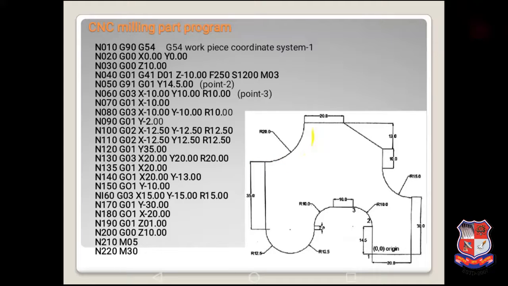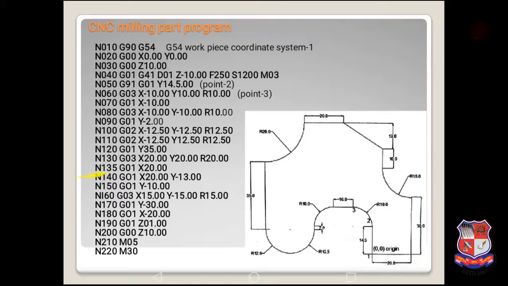Now there is a curvature part, and that movement is in anti-clockwise direction. We use G03 command with the coordinate value X12 Y12 because both are positive from the reference point. Movement of X is in right as well as movement of Y is in upward with the dimensions of 12 mm. Radius is 12.